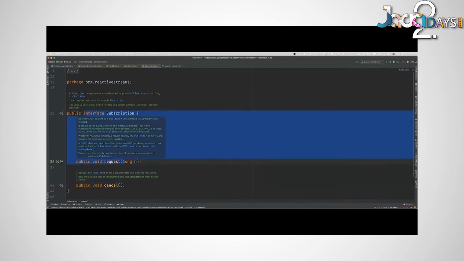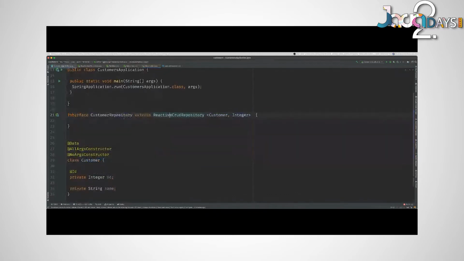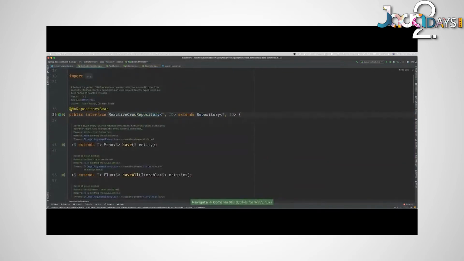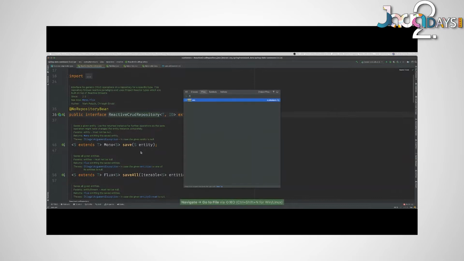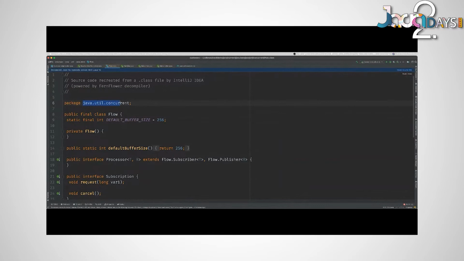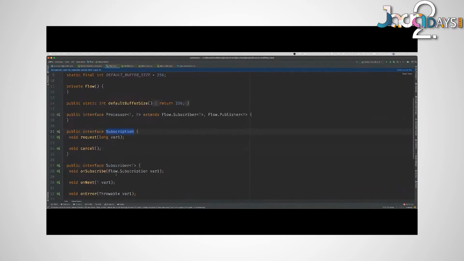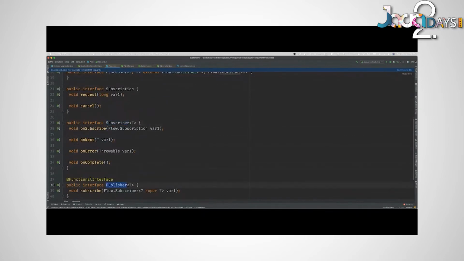That's the big important piece here, this Reactive Streams type. Reactive APIs build on these Reactive Streams types that I just showed you, Publisher, Subscriber, and Subscription, but they're very basic. They're so basic, actually, that those types are also in the Java JDK: java.util.concurrent.Flow.Processor, Subscription, Subscriber, Publisher. These are the exact same types in the JDK, and you can convert from one to the other using